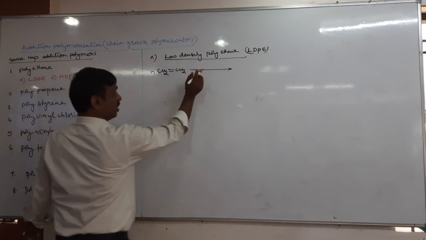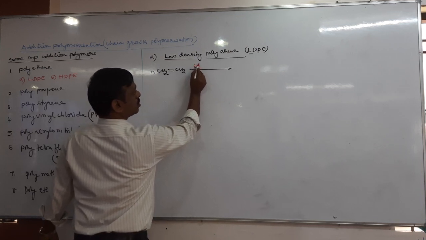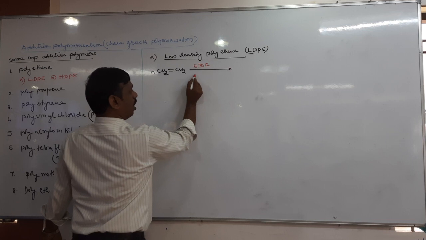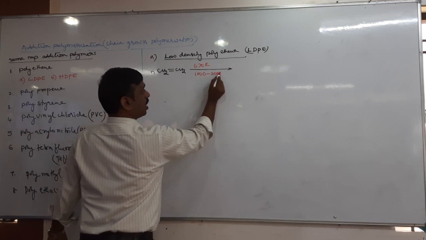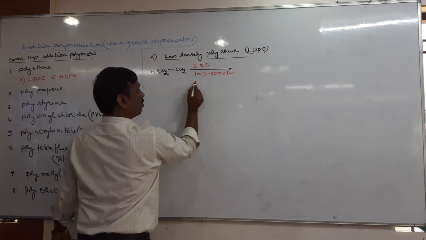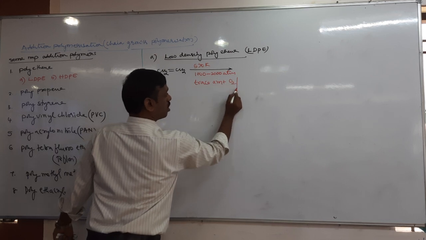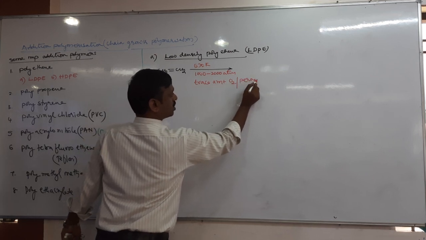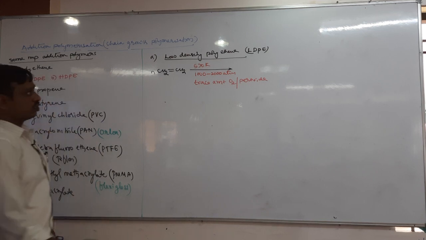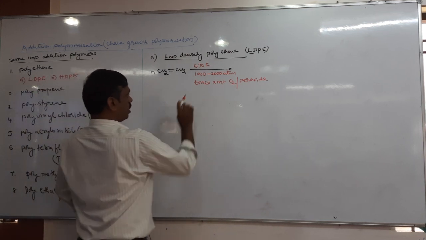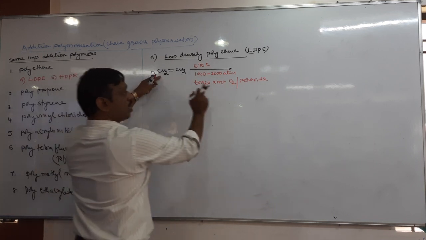This condition is approximately 570 Kelvin temperature, and most important is 1000 to 2000 atm pressure, and in presence of a trace amount of either oxygen or peroxide as a catalyst. Now tell me, it undergoes polymerization, what does it give? CH2 CH2. No, how to write the polymer?